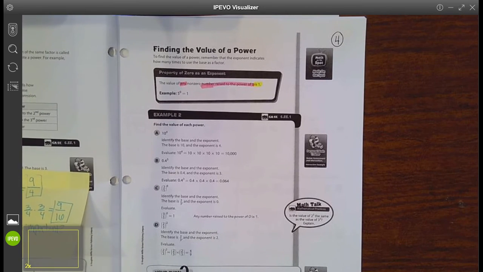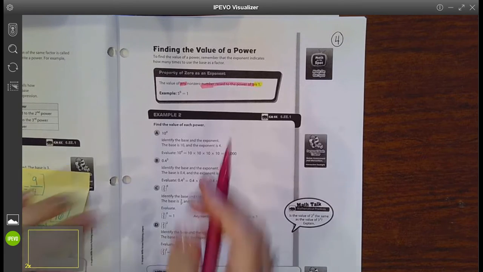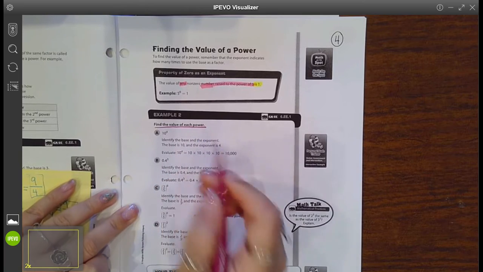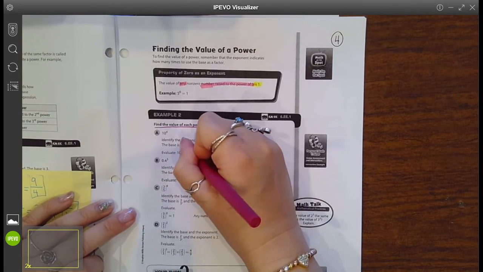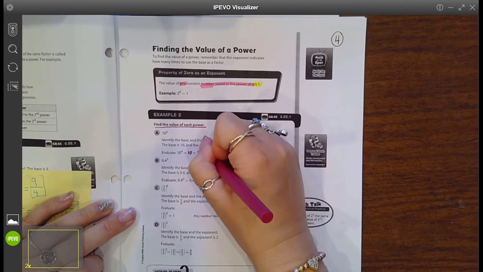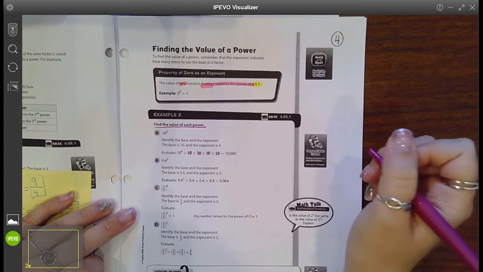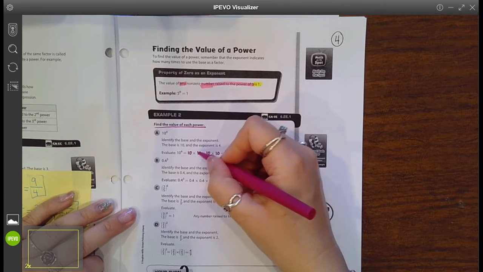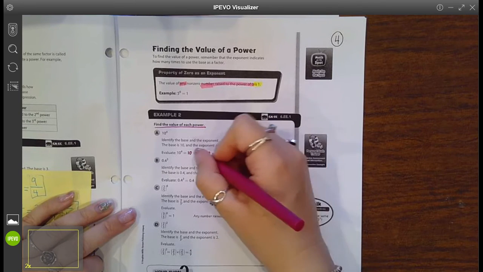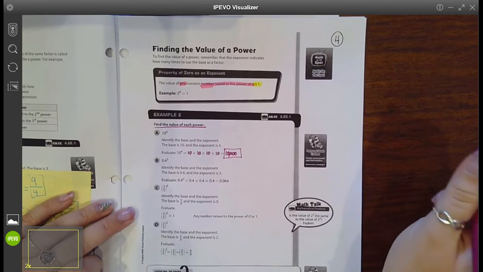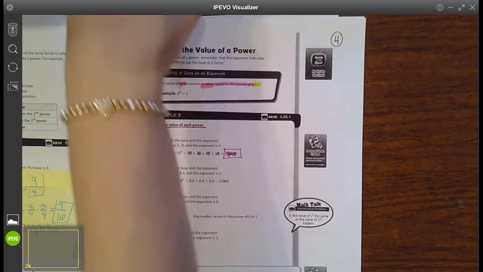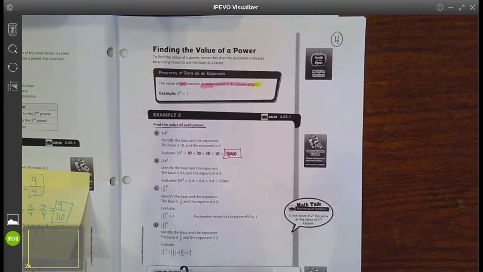So for the first one, it says find the value of each power. This is 10 to the 4th. So that's 1, 2, 3, 4 tens, right? So that's 1 with 1, 2, 3, 4 zeros at the end. I love bases of 10s. So nice. Okay, and then 0.4 to the third power